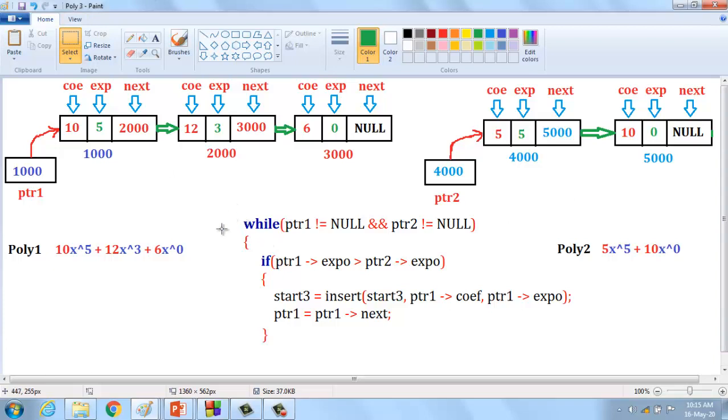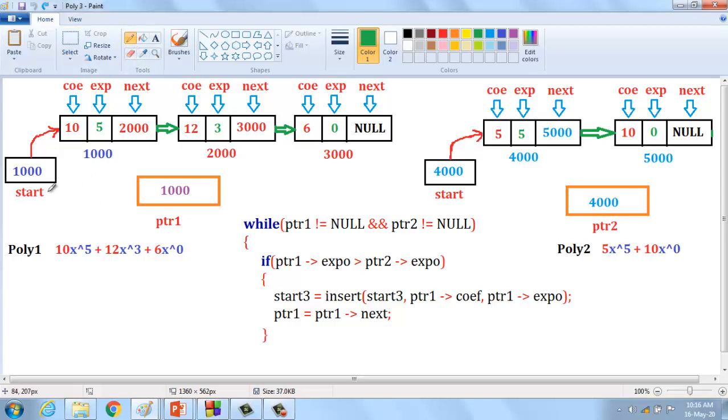Here we are going to check the condition. ptr1 points to the starting node in the list; this is start 1, and this is start 2.